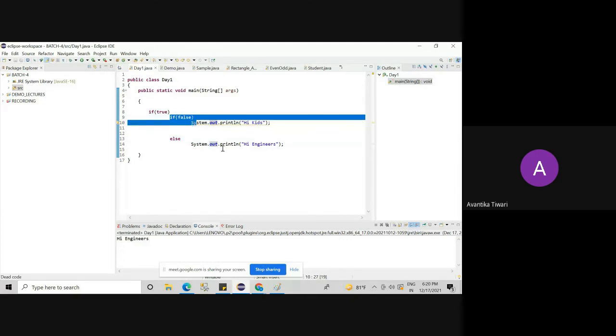Okay, so we always have to proceed in this way. Am I clear to everyone? Yes, ma'am. Please note down in your notebooks.